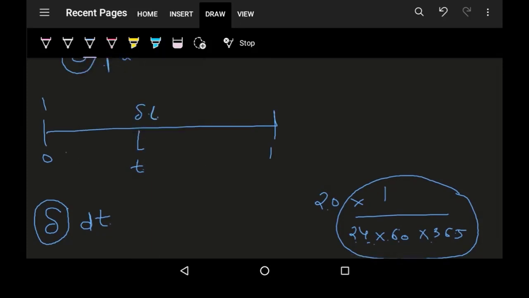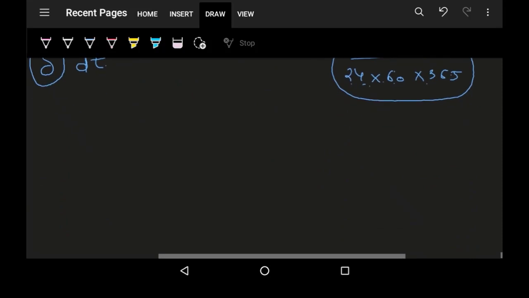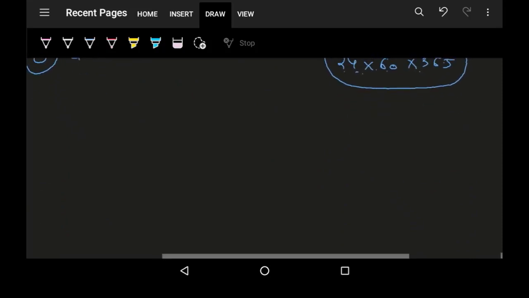There is a payment of delta dt here, and I want to take this payment to the end of the year. So what I will do is take this amount